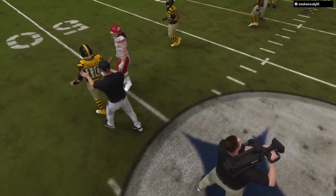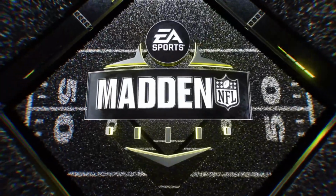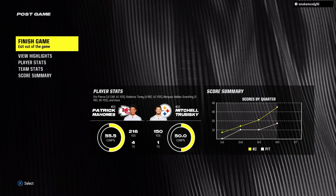So for Kansas City, they get back in the win column as they move to 2-1 now on the year. And they'll get another road test next week as they have to go to New Orleans to take on the Saints. Meanwhile,